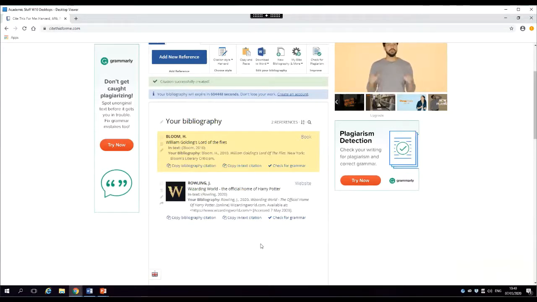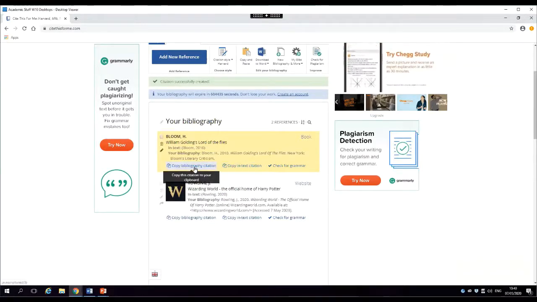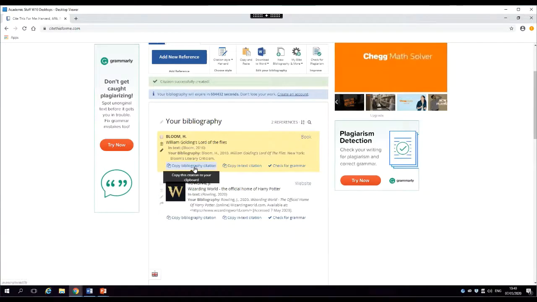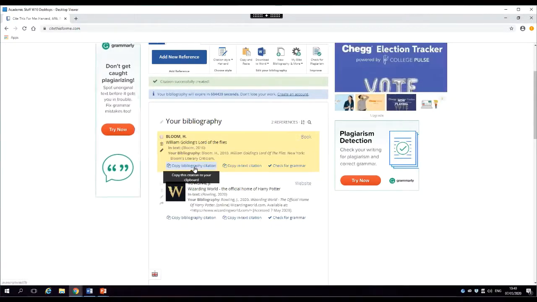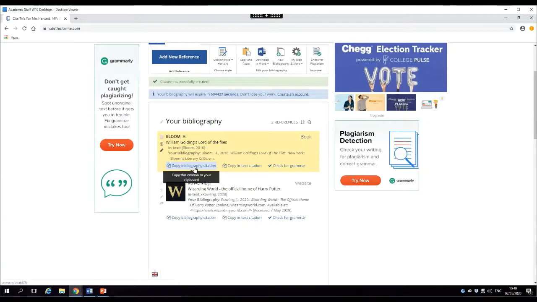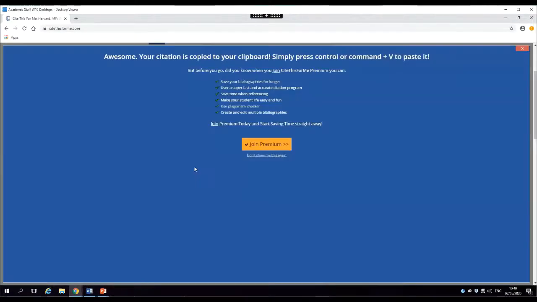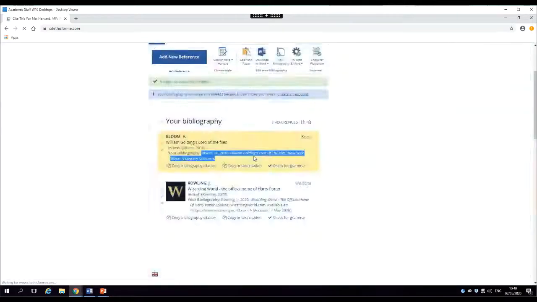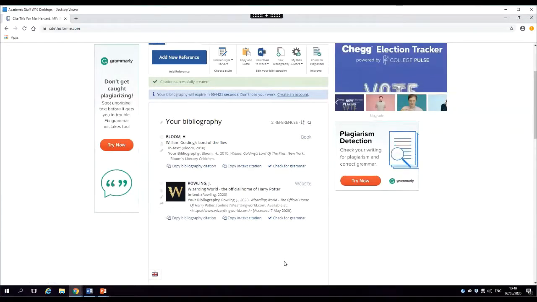Okay, so what we want to do now is copy your references over. Fair enough? So ignore copy in-text citation. Basically you just copy what you want over. So copy bibliography citation. Ignore this, just press don't show me this again. Now you'll notice it's changed and essentially it is in plain text. After you've got it to that,